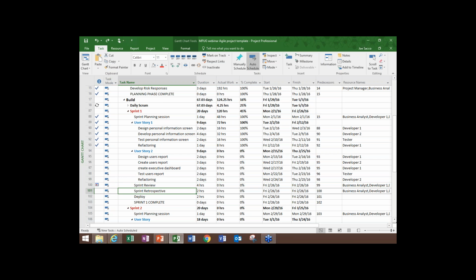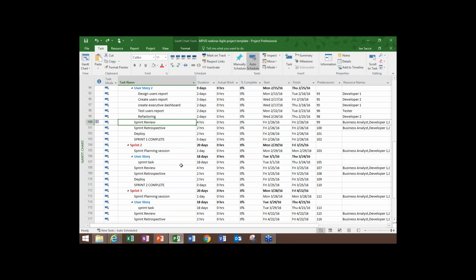work best for you. I mean, for me, I like using the must start on constraint at the beginning of my sprint during the planning session and during the last day under sprint review. To me, that works well because I like to use automatic scheduling. But you can use manual scheduling, you can use combination of the two, whatever really works for you. The idea, though, is that you box these in.